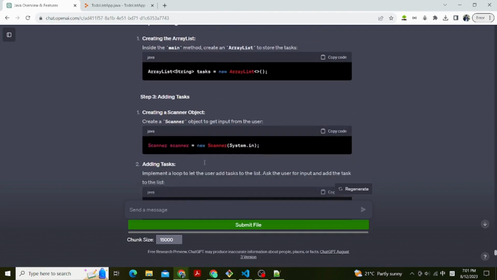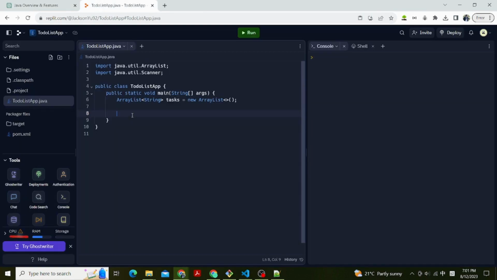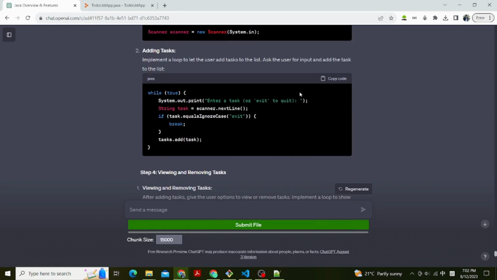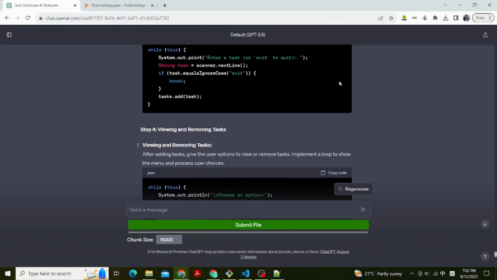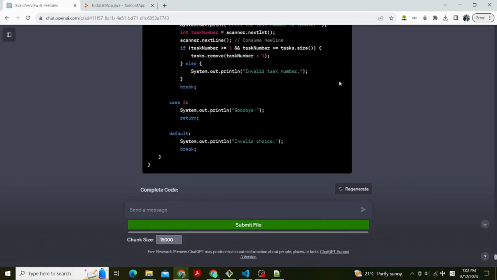Step 2. Creating the to-do list. Creating the ArrayList. Inside the main method, create an ArrayList to store the tasks. ArrayList<String> tasks = new ArrayList<>(); Step 3, adding tasks. First, create a Scanner object to get input from the user. Scanner scanner = new Scanner(System.in);